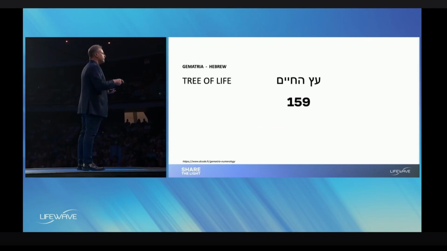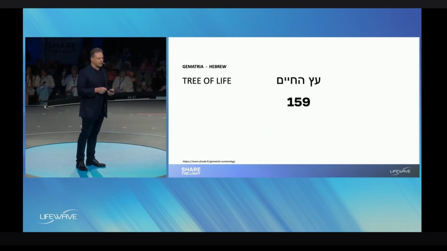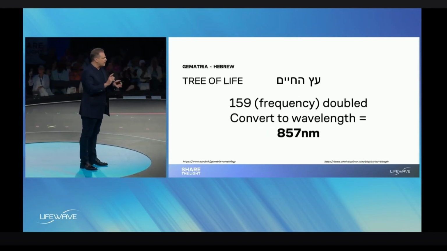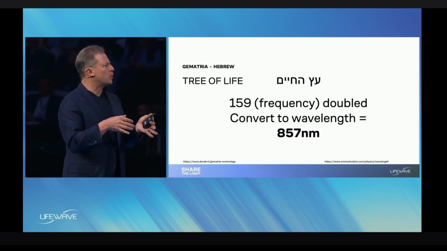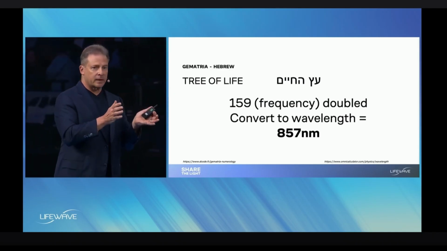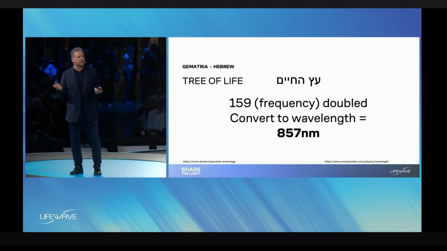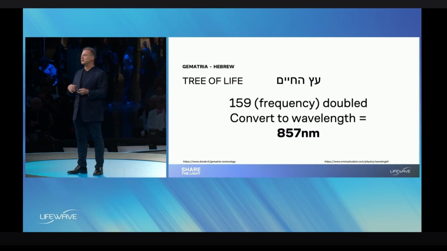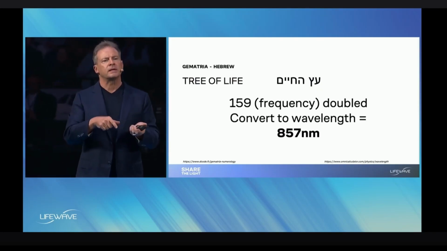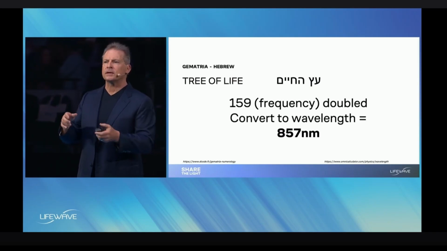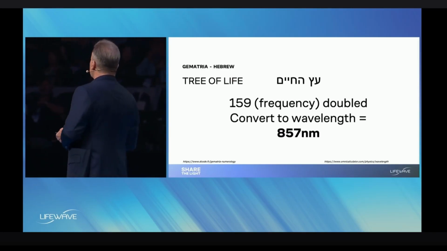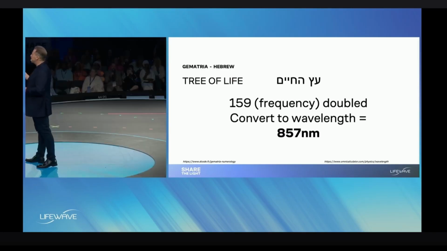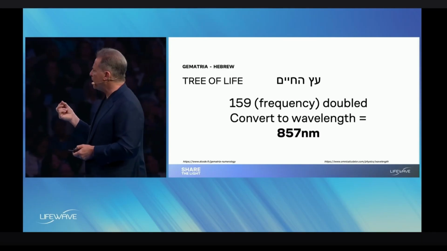Another example, if we use a different way to calculate the tree of life number, it comes up with 159. Now, in this example, what we're going to want to do is convert that over into a wavelength of light. And you can do this very simply with an online calculator. There's a very well-known formula for converting frequencies over into nanometers, and light is in the nanometer range. So in this particular case, we convert the tree of life frequency over into a wavelength of light, and we come up with